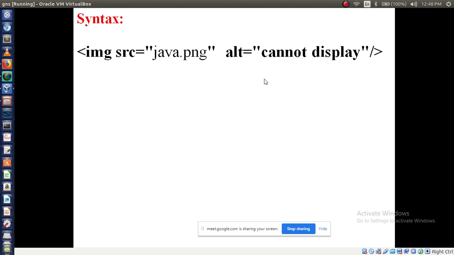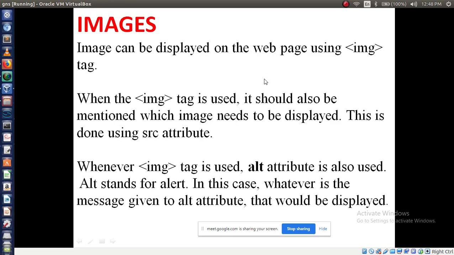In the image tag, it can be displayed on the web page using the image tag. If you want to display any image in your website, you have to use the image tag.